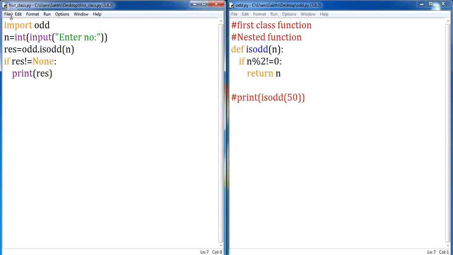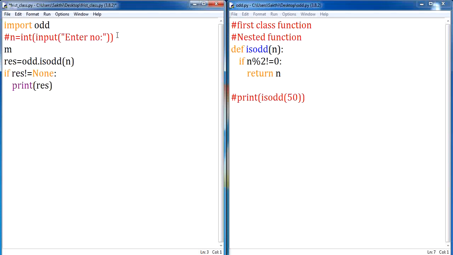Now I don't want to check whether a particular number is an odd number or not. Let me change the condition here. I want to check a list of values. Let me have my list here, and this list consists of the values 1, 2, 3, 4, 5, 6, 7, 8, 9. Clear? I want to filter out all the odd numbers from the list. What can I do? Shall I pass my list as my parameter? If I am passing it, what happens?